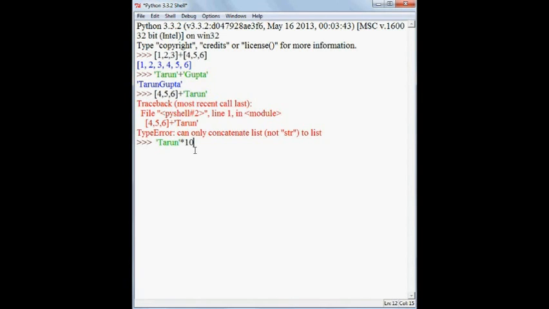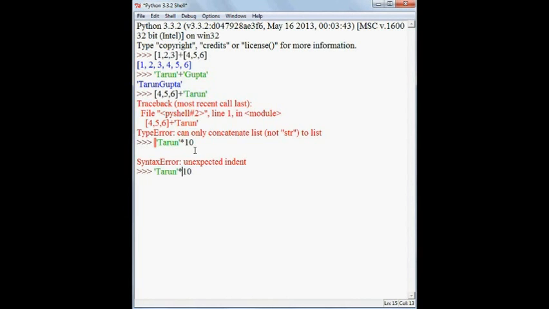It doesn't really multiply like we do in math. It just takes whatever you have given as input and types it as many times as the multiplication number you have entered. So now go ahead and press enter.